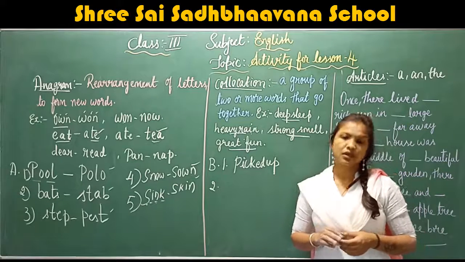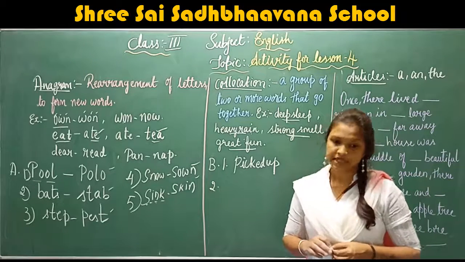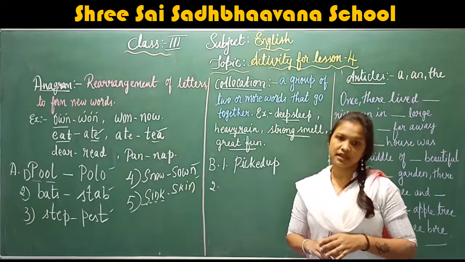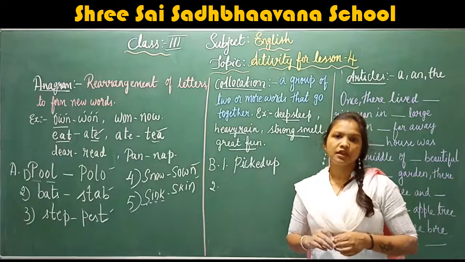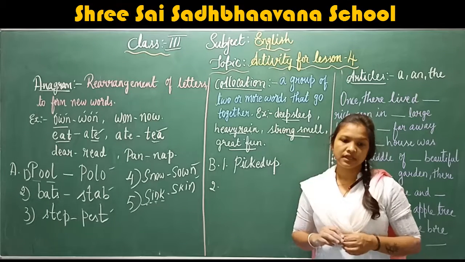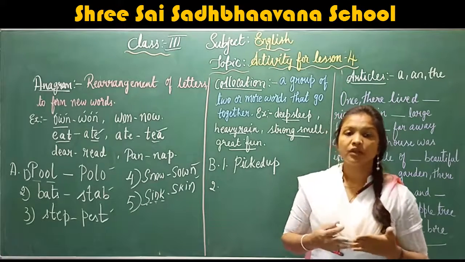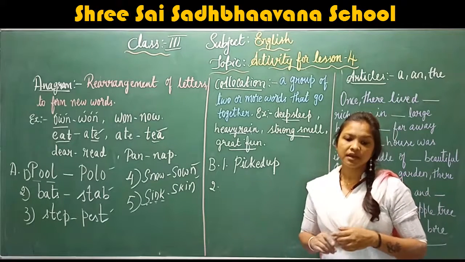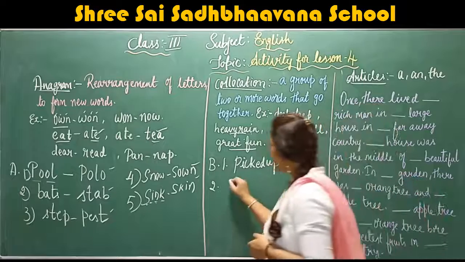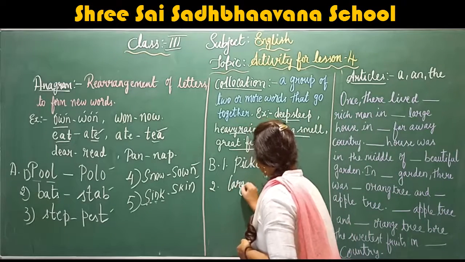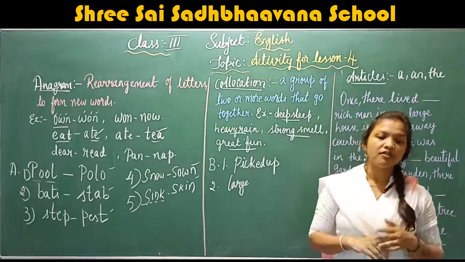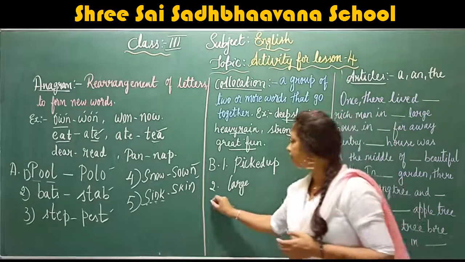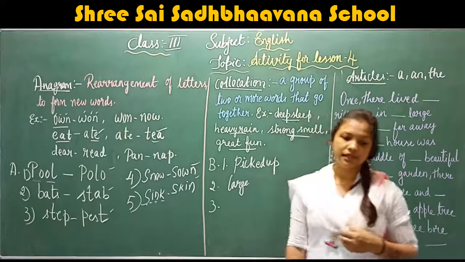The hunter appeared quite happy to find a dash number of doves trapped in his net, or inside the net. Now which word can we choose? Here, the hunter appeared quite happy to find a dash number. What number? A large number. Okay. A large number of doves trapped inside the net. Okay, now the third one.